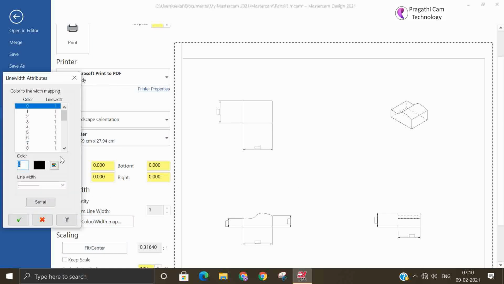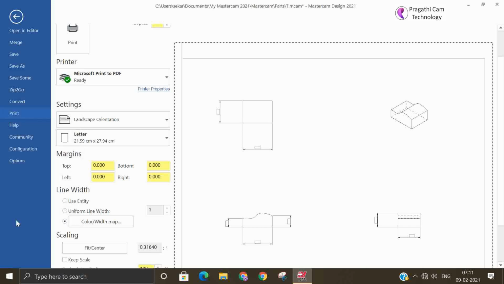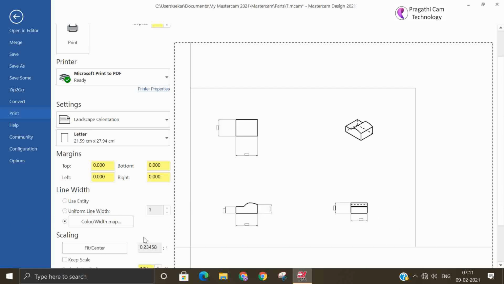In the color you can modify the gray color, and based on the color you can give the thickness of the line. It's a little difficult to get, I think, because too many colors are there. Okay, it's right. Now you see the component color is thick and the dimension line thickness is less.